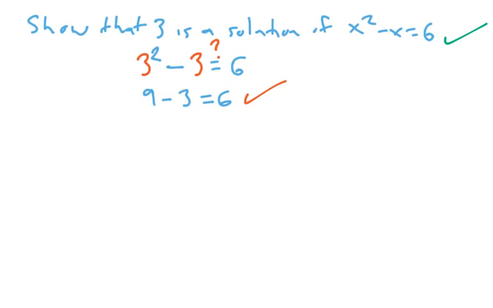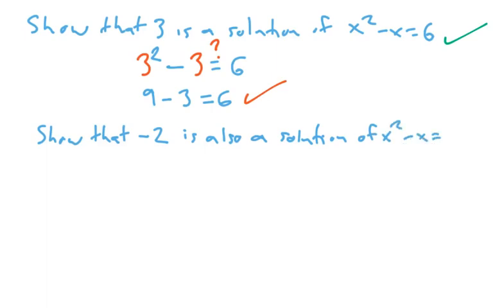Now here's an interesting thing. Show that negative 2, I didn't mean to do that, I'll need that later, show that negative 2 is also a solution of x squared minus x equals 6. We're going to drop a negative 2 into this box as well. Now here, when we're dealing with negative numbers, is a situation where we really have to think more carefully about that box. If I have x squared